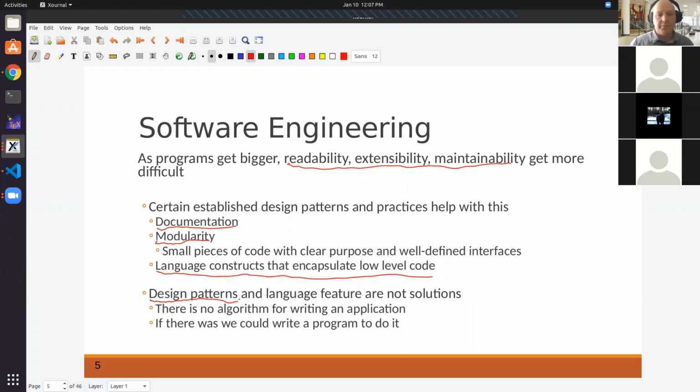Currently, there is no algorithm for writing an application. If there was, then we could write a program to write another program, and maybe we're in trouble at that point. I don't know. But so far that's not a problem. So,